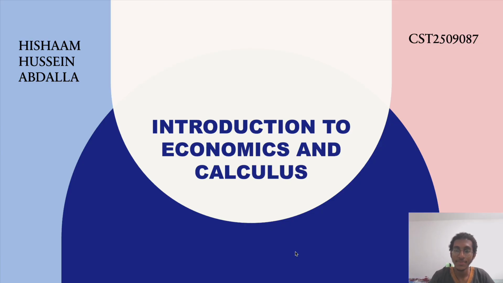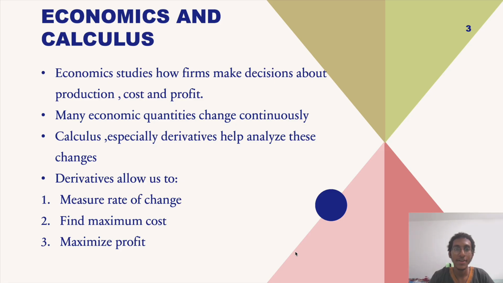So, okay, let's start. Let's go to the first slide. So, let's talk about economics and calculus. In economics, firms constantly make decisions such as how much to produce and how to minimize costs. These quantities do not change suddenly, but change continuously. As in life, normally things change continuously, not at once. In this presentation, we focus on how derivatives are applied to cost analysis, which is an important concept in